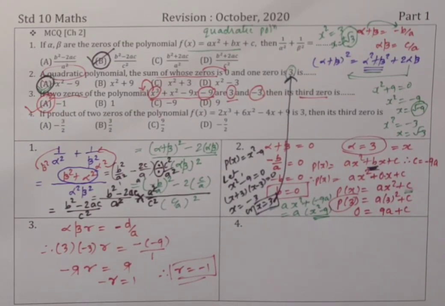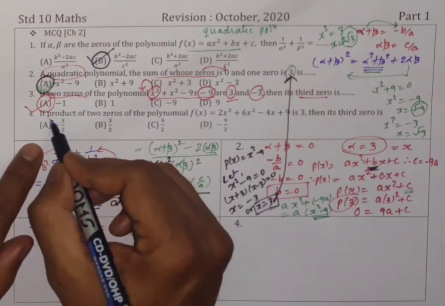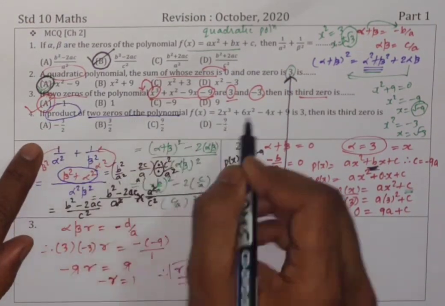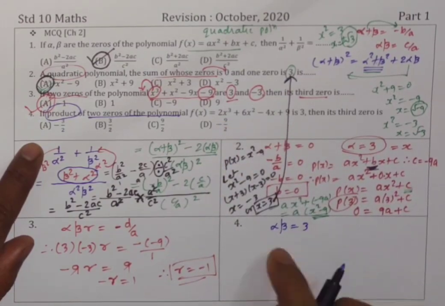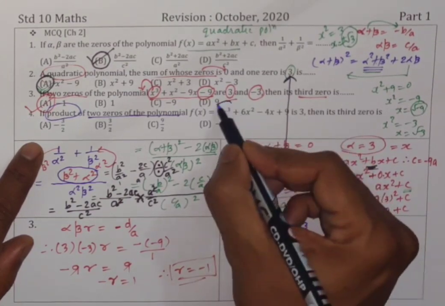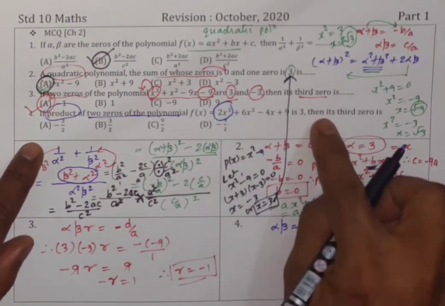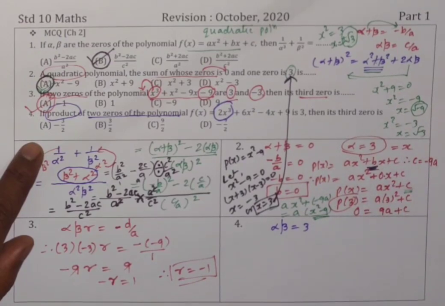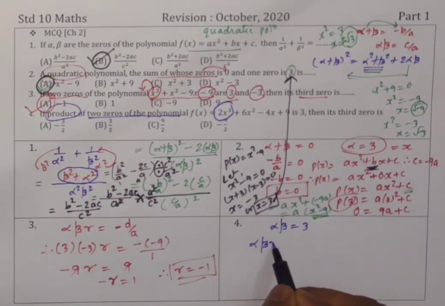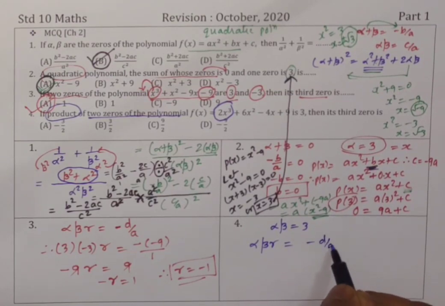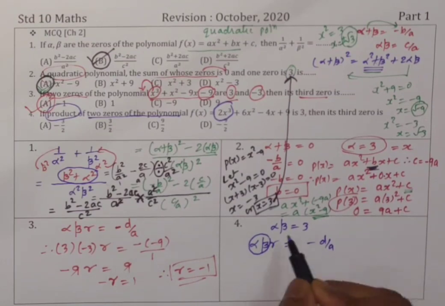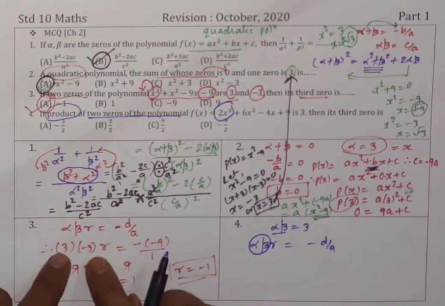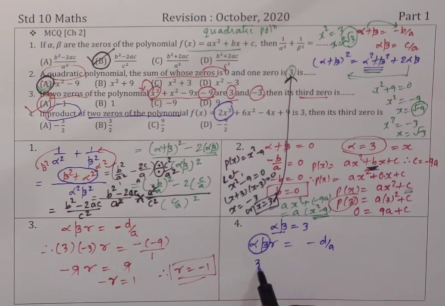Alright. Moving ahead. Number 4. The product of two zeros of this polynomial is 3. So alpha into beta is 3. Product of two zeros. But again this polynomial is cubic. Then the third zero is dash. Once again we are going to use the same. Alpha into beta into gamma is minus d upon a. Product of three zeros. Alright. उसमें से what is alpha into beta? यहाँ separately alpha और beta दिया था. यह product is given. So I am going to write 3 into gamma is equal to.